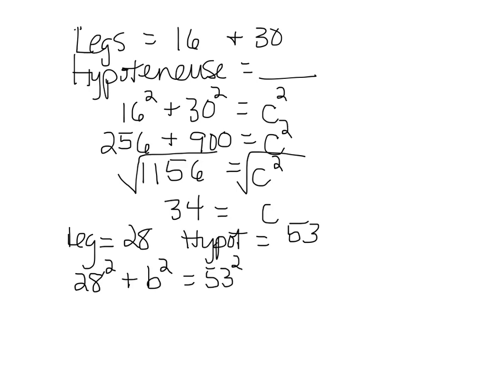So let's just use a calculator to figure out that 28 squared is 784. 784 plus b squared is equal to 53 squared, which is